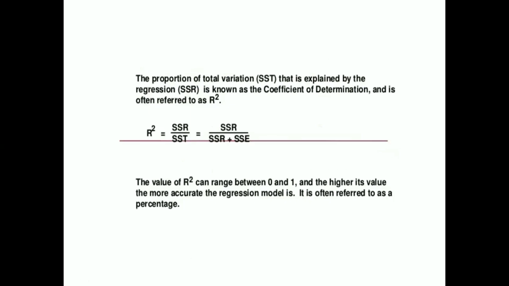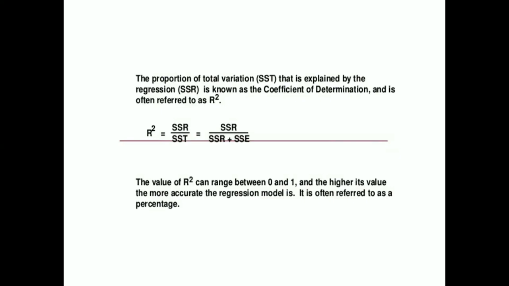So the portion of total variation, that is SST, that is explained by the regression is known as the coefficient of determination, preferred as R square. We have seen earlier the correlation, that is R square. The same method we have to apply here, the formula is BYX, meaning we have to find the relationship of Y on X. If you write BXY, we have to find the relationship of X on Y, how the Y is changing and what is the effect on the dependent variable, that we have to find using the regression equation.